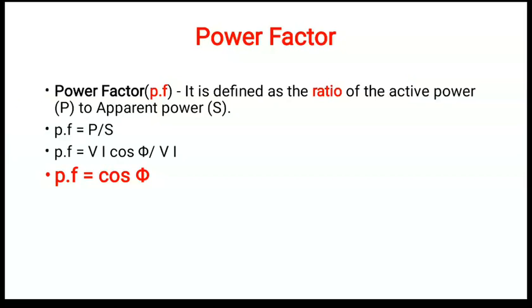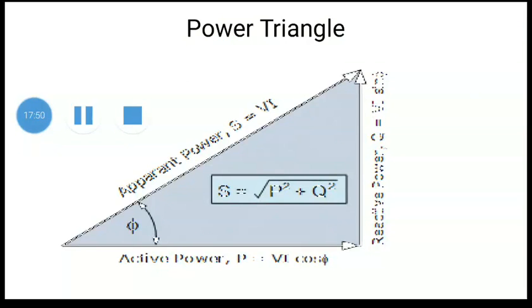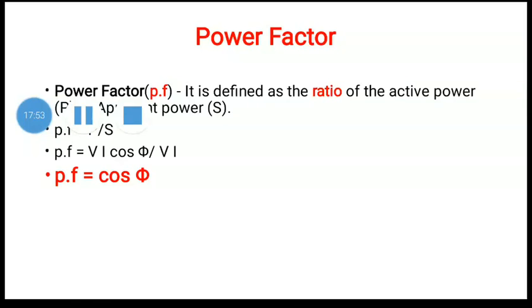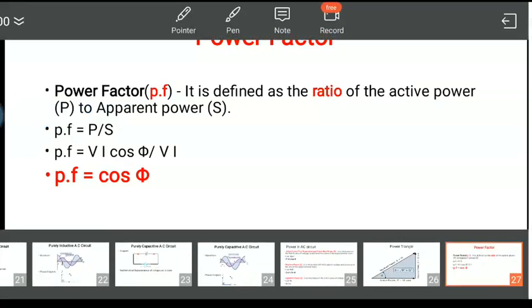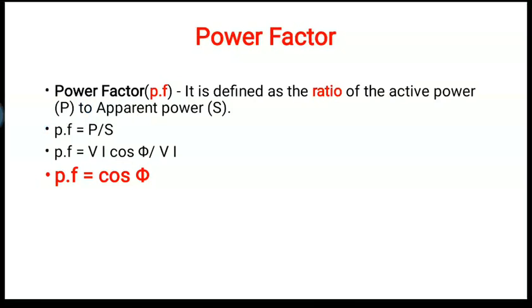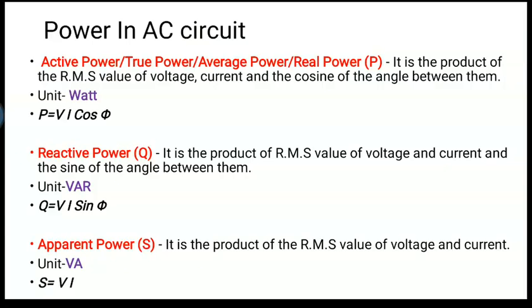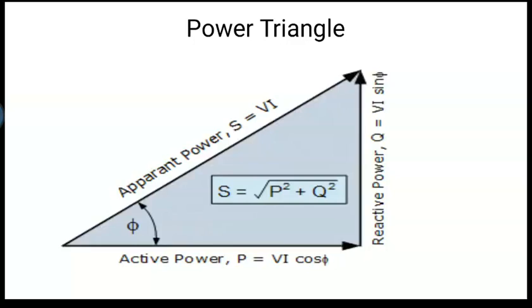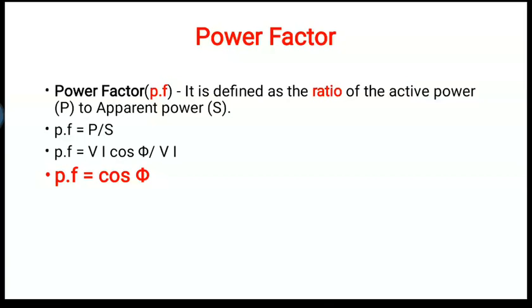Okay, there is one more thing. Let's go through this topic also. This is the last topic, power factor. Okay, so power factor is nothing but a ratio. It is defined as a ratio of the active power to the apparent power. Okay. Now, what do you mean by active power? Active power is nothing but VI cos phi. Okay, and now what do you mean by apparent power? VI. Okay, so when you divide VI cos phi upon VI, what will happen? VI will get cancelled, and what will remain? Cos phi.